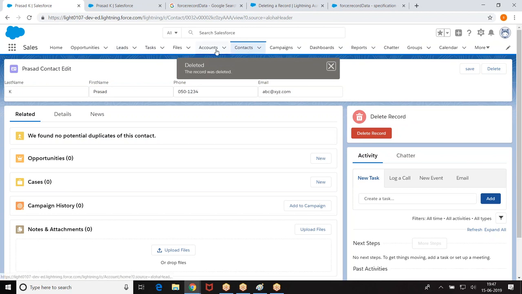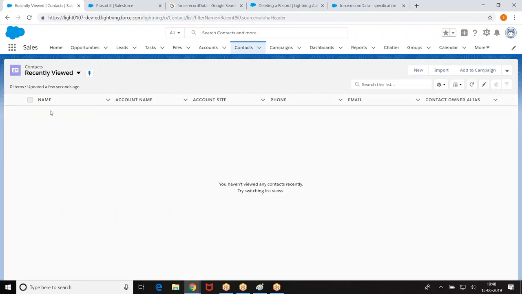Record was deleted. Now, when the record was deleted, the page is not reloading. I was supposed to reload the page. So here we need one more extension. What is that? After deletion, we want to navigate to a particular page. That is one thing I need to do.